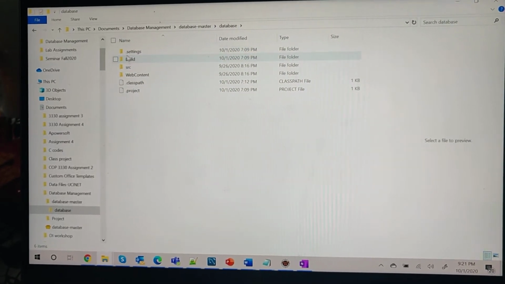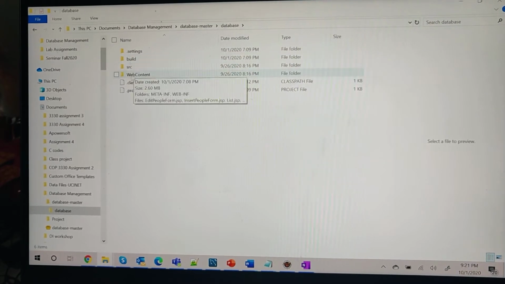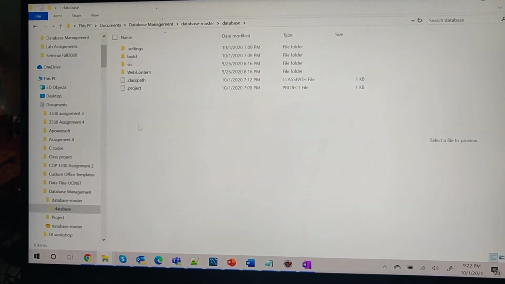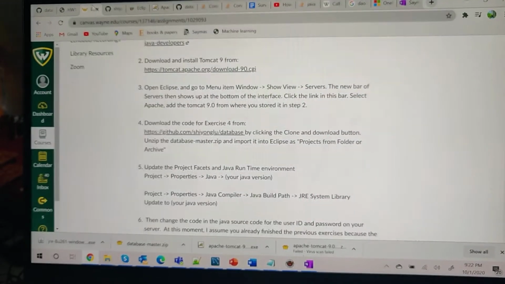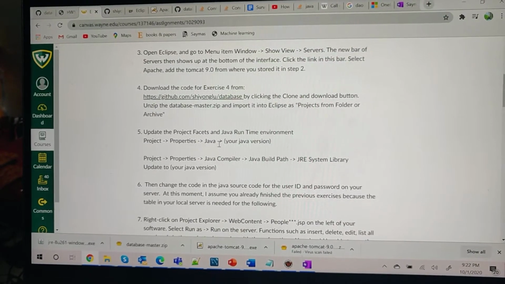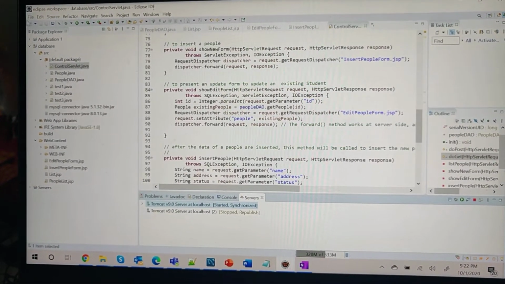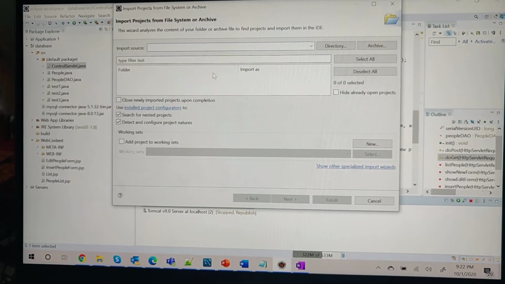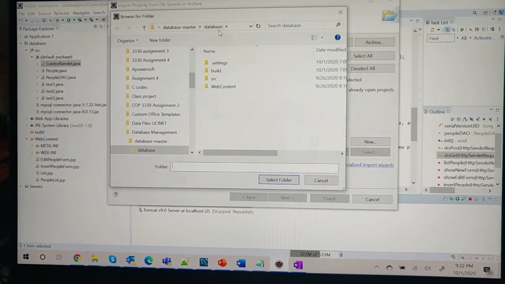At first I deleted the settings, build, and classpath of the project. I have kept only the source and web content directories and deleted all the rest of the files. Then I updated the project facet, and after deleting those, I imported the project from here, open project from import file system, and like this directory, and I have imported this database